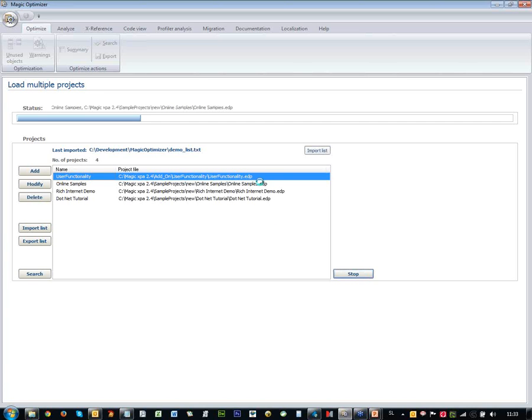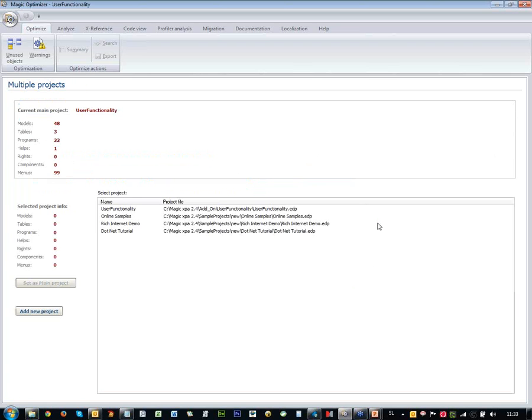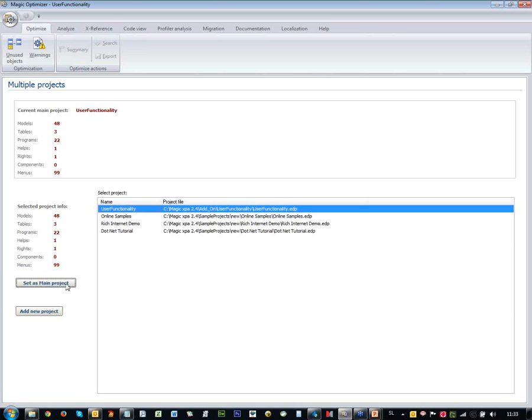So Magic Optimizer recognizes the list of all the projects and imports them one by one into memory. And this is the screen where you can define which project is a main project. The main project means the project that you want to cross-reference in other projects. So if you want to cross-reference a component in another project, you make sure that the component is set as main project. That means this is the main feature where all the functionalities are going to be based on,